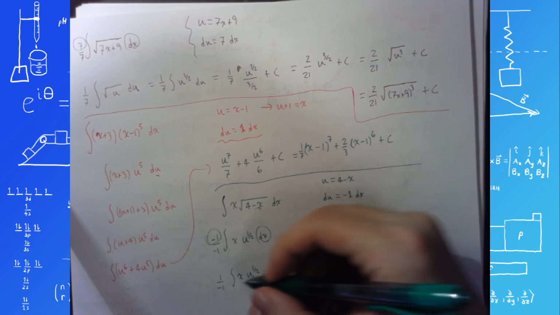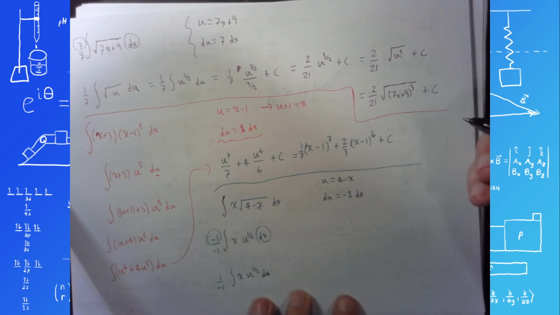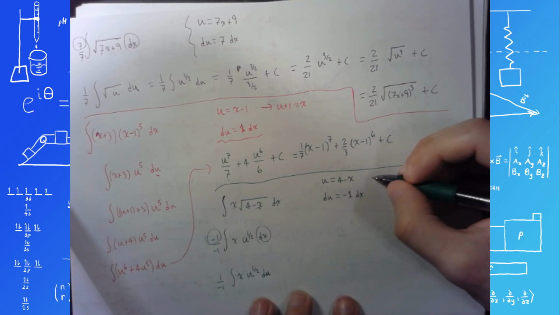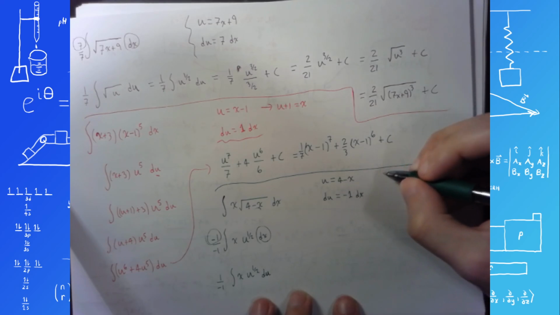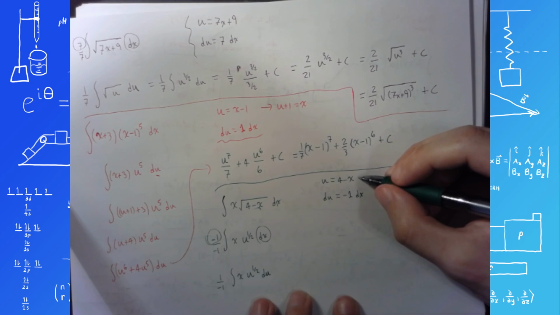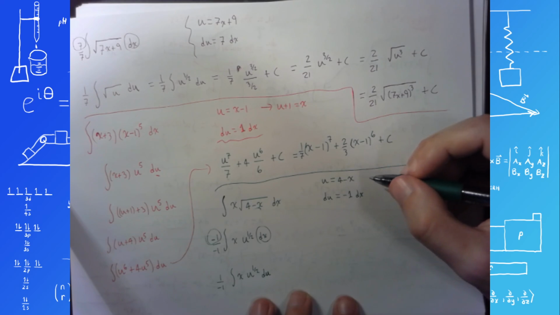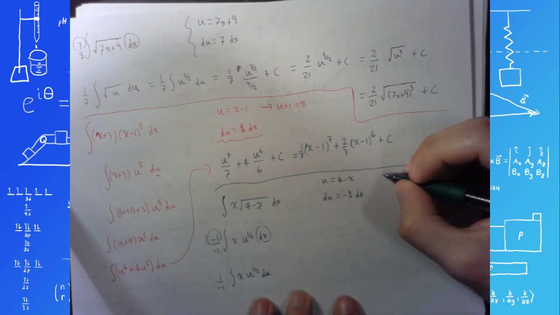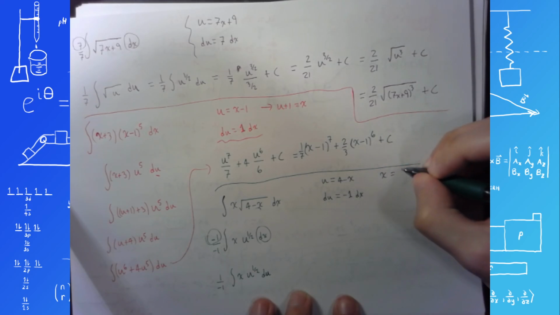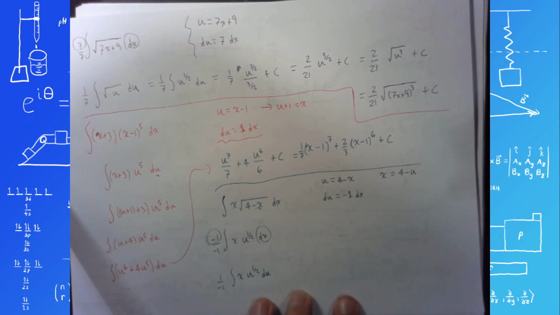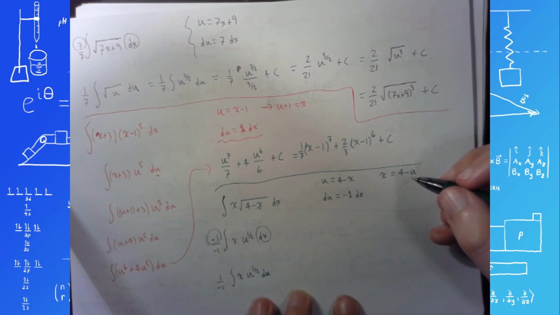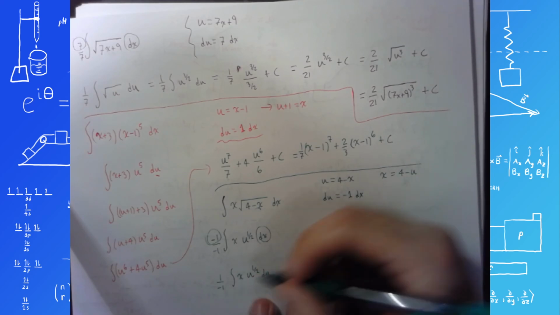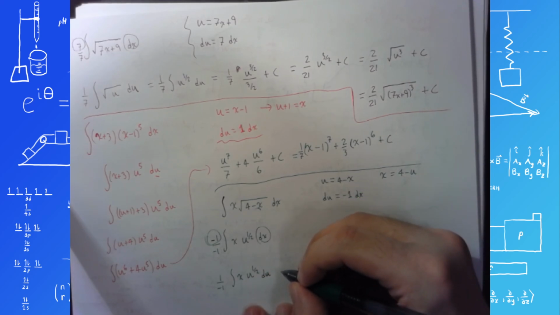And now I need to get rid of this x somehow. And I can do that again using this back substitution technique. If we add, well, let me see. Yeah, add x and subtract u. So I would get x equals 4 minus u. And if I plug that in here, then I'm left with 1 over negative 1 is negative 1, so,